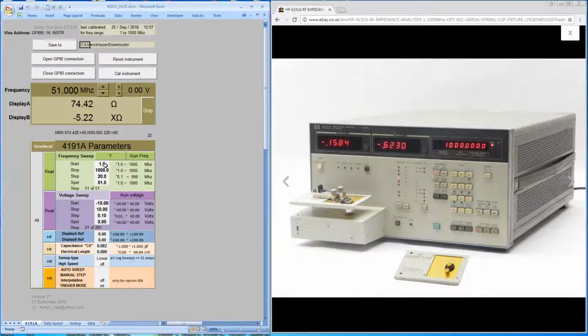And we're going to do a frequency run between 1 and 1000 megs, and I'm going to set the size of the frequency steps to 20 megs. That will result in 51 measurement points, which will coincide with the calibration frequency points, which will deliver the maximum accuracy from the machine. There'll be no interpolation done between measurement points, so that's just a little aside. Okay, so we've set the parameters. We'll send those to the machine,